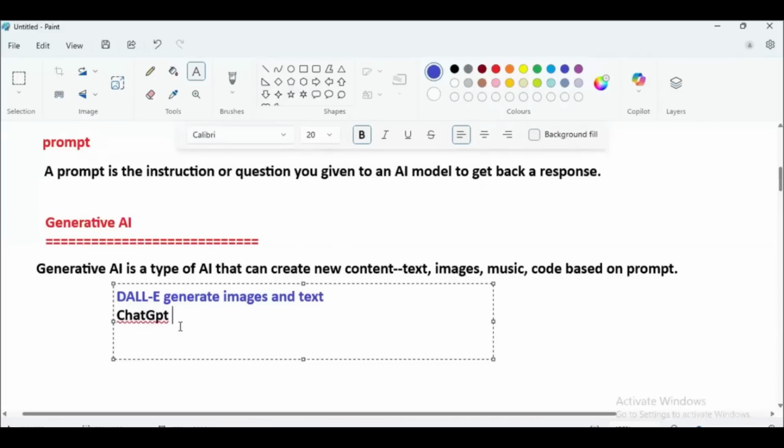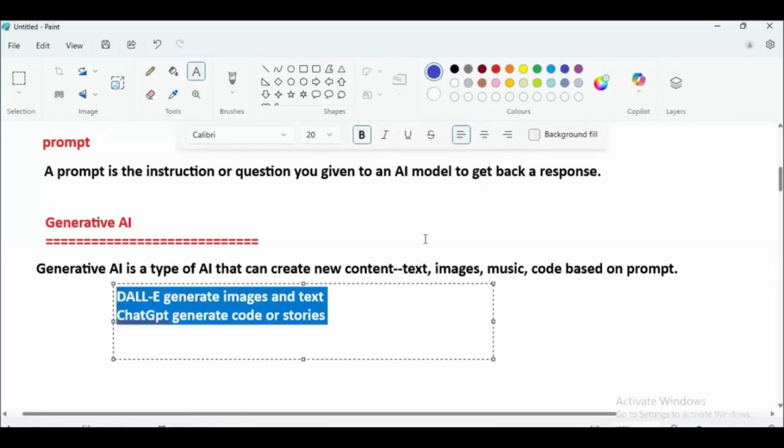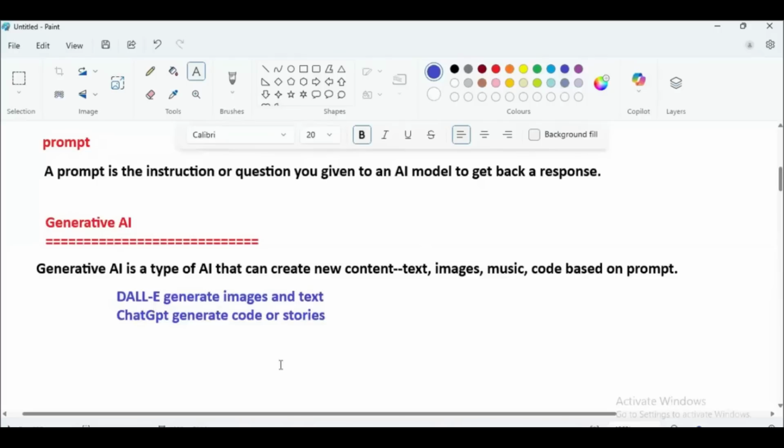ChatGPT can generate code. Or you can say stories. It is going to generate code or stories. Okay. Now,